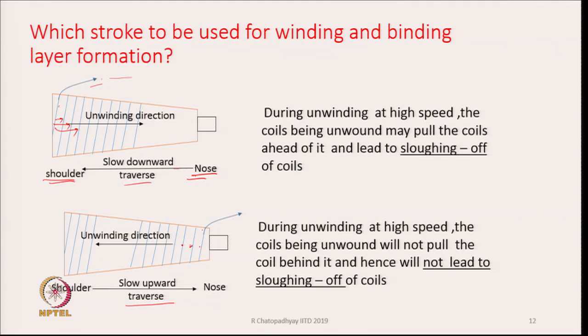Similarly, this coil is not going to interfere with the coil behind it. Therefore, the possibility of slopping off will be very small or almost absent. During unwinding at high speed, the coil being unwound will not pull the coil behind it, and hence will not lead to slopping off of coils. So, we will be able to avoid the slopping off phenomenon which we sometimes face at high speed unwinding of the cup during the winding process